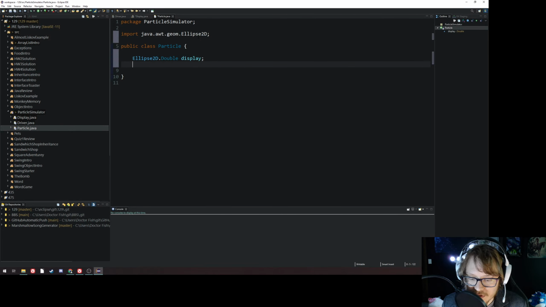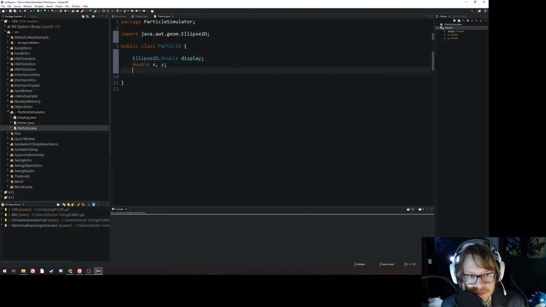I'm going to go for the option of tracking the x and the y myself, I guess, since it's something that we haven't seen quite as much. And then, since this is a physics simulation, I'm also going to have my velocity. I'll call that vx and vy. Or I guess I can call them something a little more complicated. Velocity x and